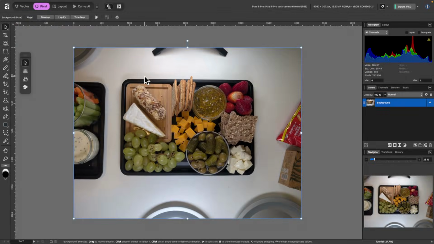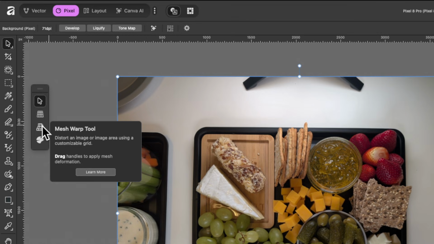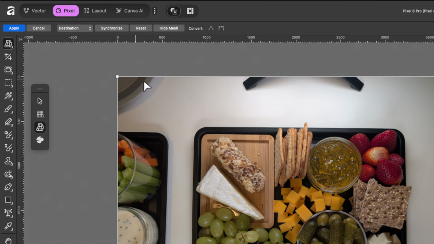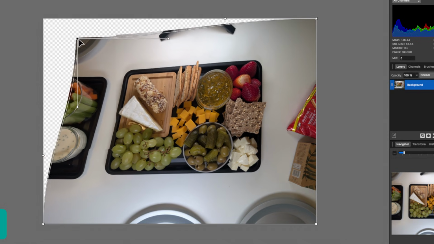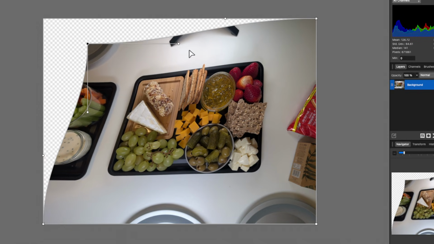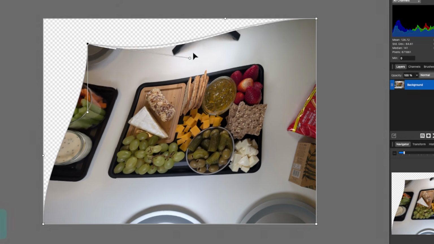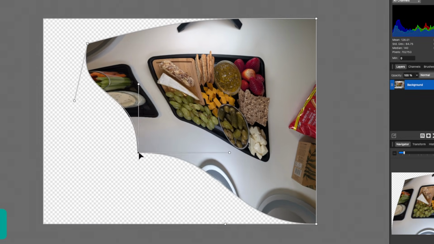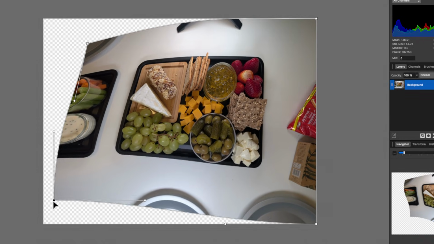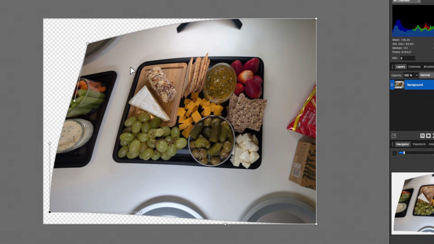So I have my photo selected, and I'm going to go ahead and select Mesh Warp tool. And again, we have these 4 nodes on the corners. And this time I can click and drag in, and you can see it's slightly different. This time we have handles, and we can click and drag these handles wherever we want, either handle there. And you can do this with all 4 corners, and it's not moving around like the Perspective tool was. And the cool thing with this is you can